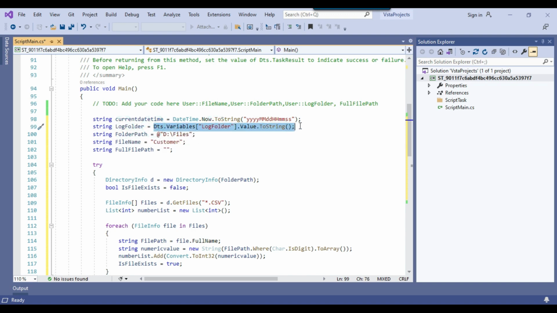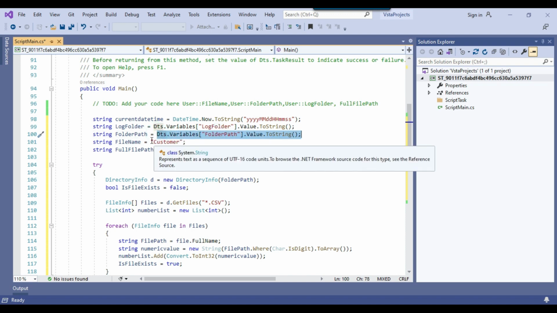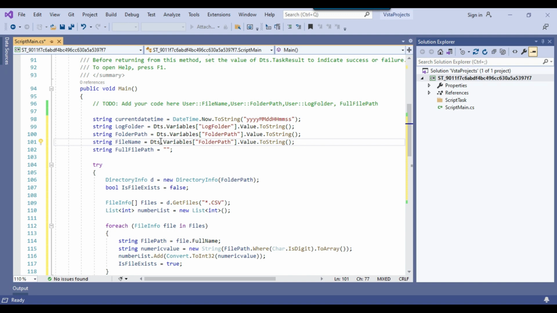In the same way I can copy this value and paste it here, and the same for the folder path, and the third one is the customer file name. Now for these 3 variables, the value is taken from the SSIS variables, which is perfectly fine.